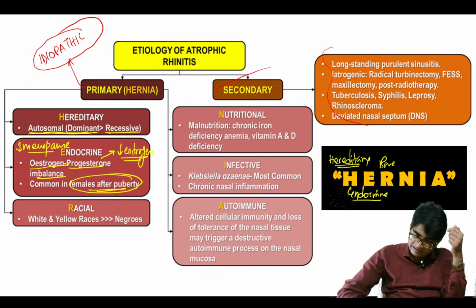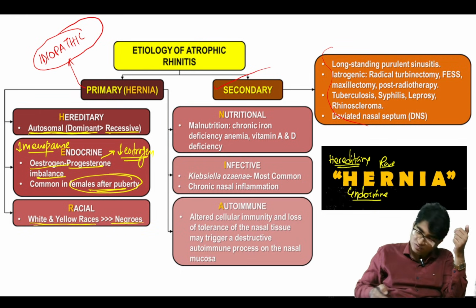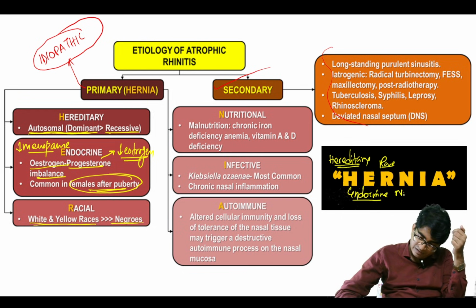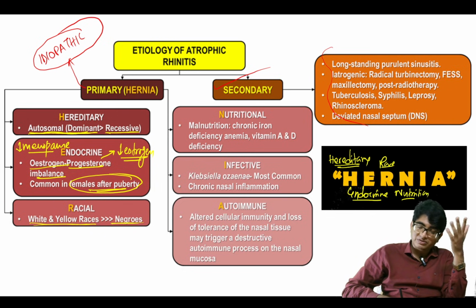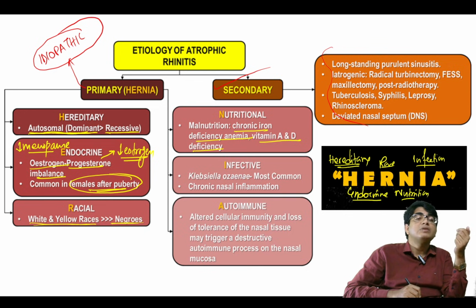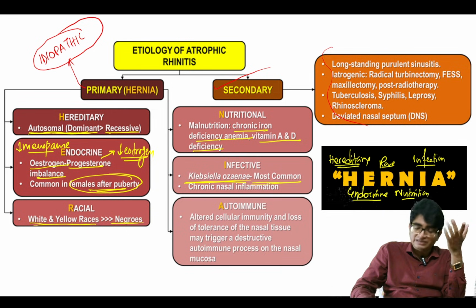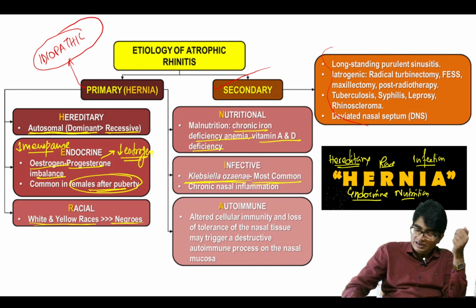What is that? Race. So yes, white and yellow races are much more likely to develop atrophic rhinitis than Negroes. Next, N for nutritional causes. Nutritional cause, obviously malnutrition, mostly chronic iron deficiency anemia and vitamin A and D deficiencies. I, infection, correct? Which infection? I have said Klebsiella ozaenae is the most common infection to occur. A,